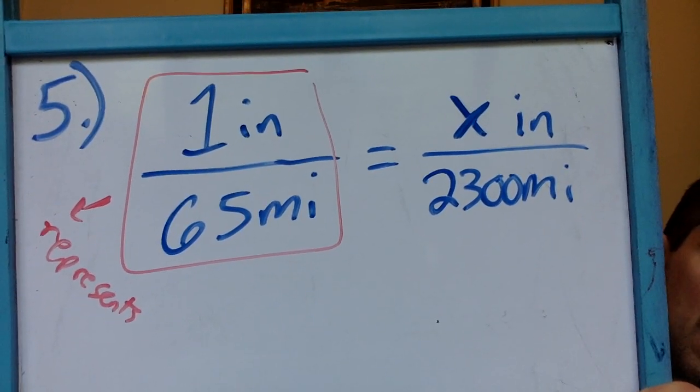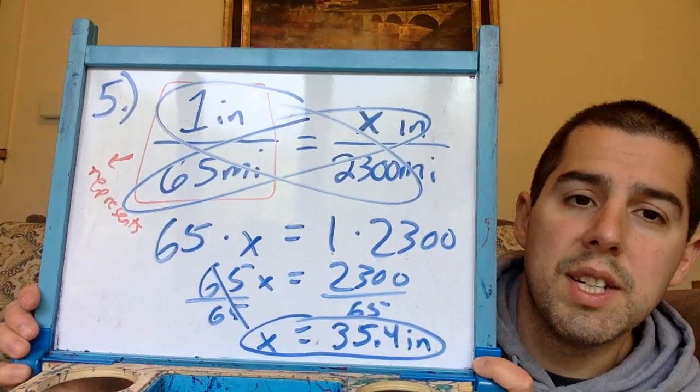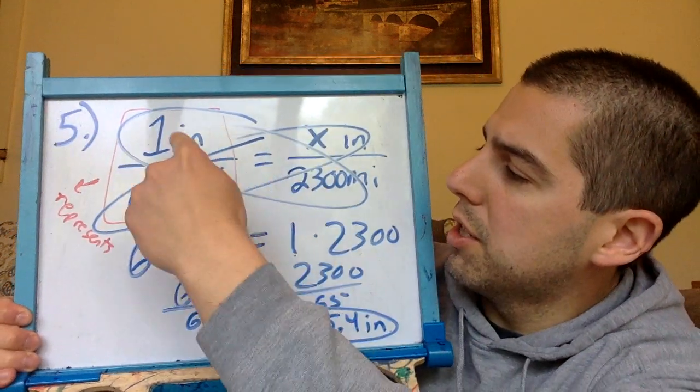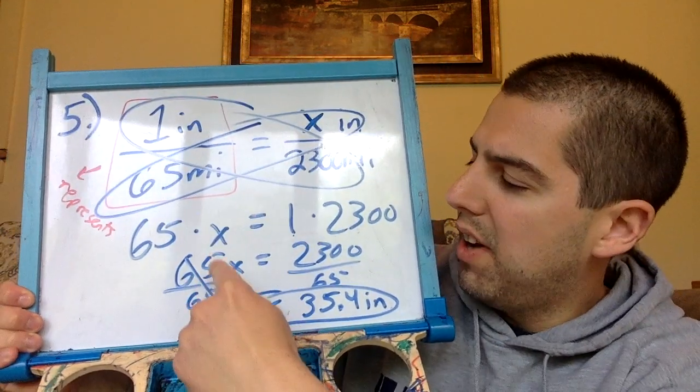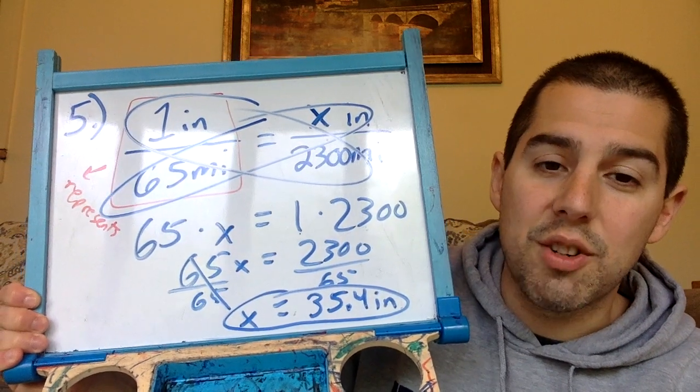We're going to cross multiply. And these are the steps. 65 times x equals 1 times 2,300. I cross multiplied. 65 times x equals 2,300. Divide both sides by 65 and you'll get x equals